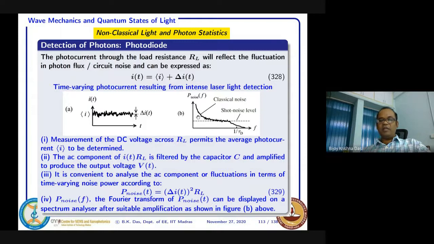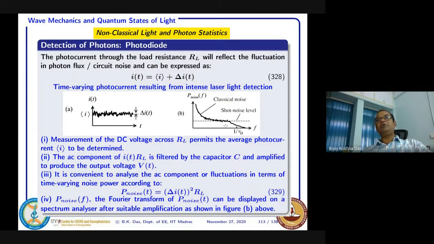For the very low frequency, you see a certain type of noise that is called classical noise, and then shot noise, with which you really cannot do anything with your classical control, that is actually the quantum limit. And then beyond a certain point, it will be like this. So this is a practical situation for a photodetector. Any photon number variation coming above this shot noise, only up to this frequency you will be able to measure.